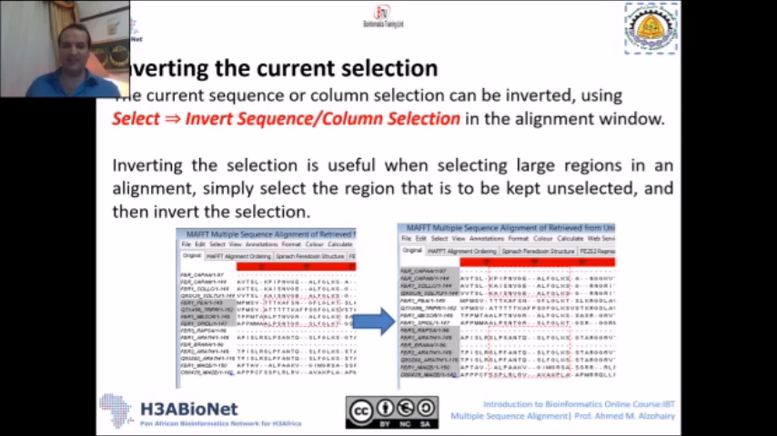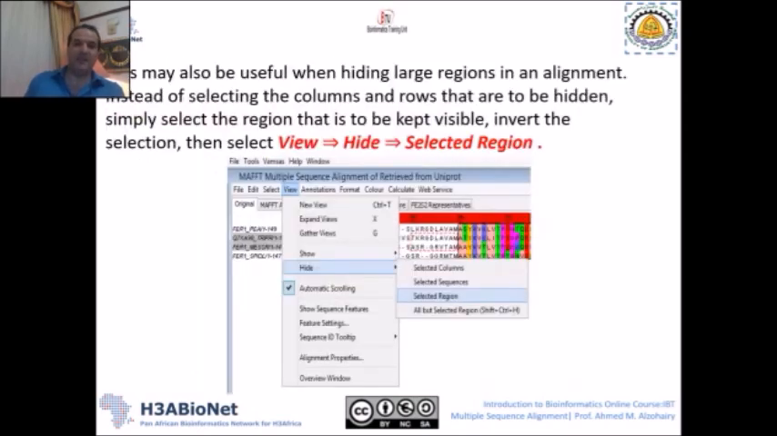choose invert sequence column selection. This means that you will exclude your selection, not included in your selection. This may also be useful, of course, to hide some region. And in this case, after you select your region, you can